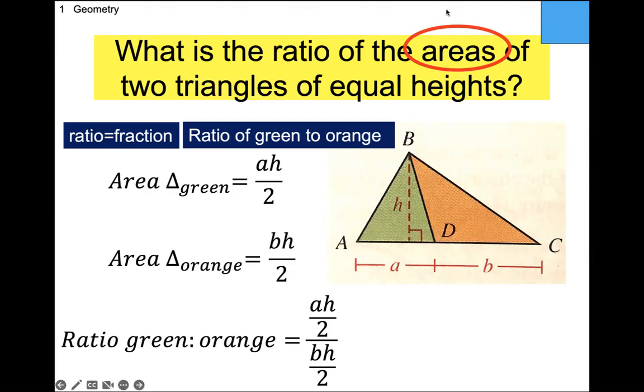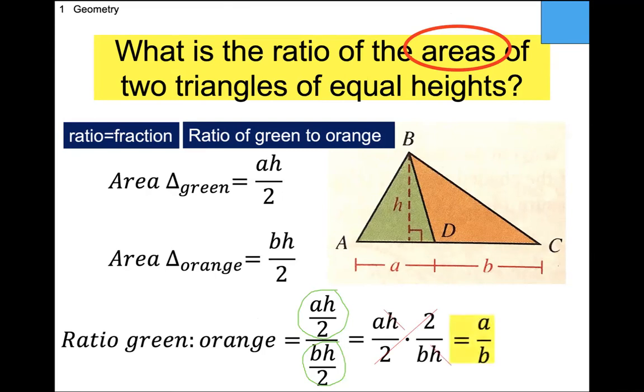Now it looks a bit like a big hot mess, but remember, if we have a fraction over another fraction, we can do a copy dot flip and get one fraction out of it. So the top one I'm going to leave alone. The bottom one I'm going to flip and multiply the two together. And check it out. There's a bunch of things that cancel there. Well, first and foremost, the 2's cancel. And the H's cancel. And so I'm just left with A over B, which is the ratio of the bases